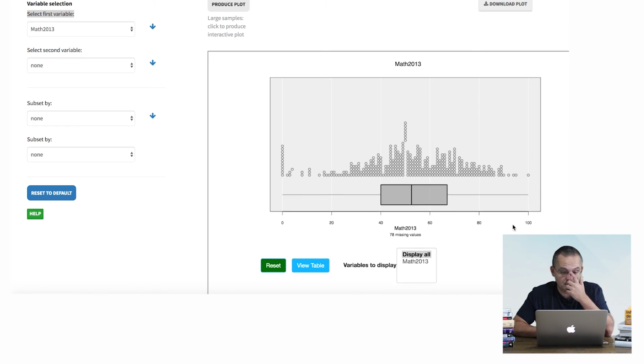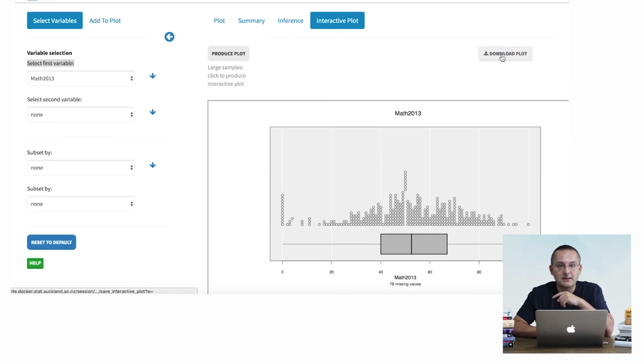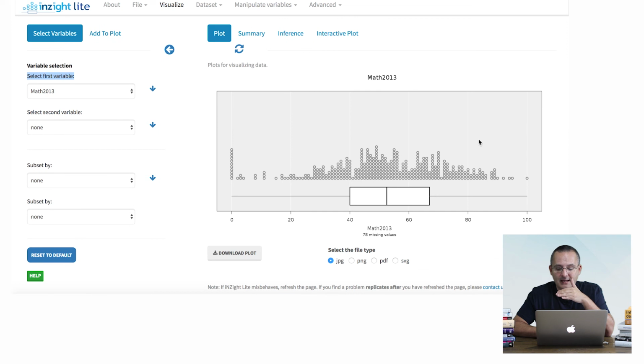And any plot that you produce in Insight, this is just an aside, you can download. For example, the interactive plot that I'm seeing right now can be downloaded as an HTML file, and the static plot that I had before can be downloaded either as a JPEG, a PNG, a PDF, or an SVG. These two formats, PDF and SVG, will help you later on to bring this chart into other software tools such as Inkscape or Adobe Illustrator or Photoshop or InDesign or any other design tool to style the chart a little bit more. So you can download any chart that you create in Insight.